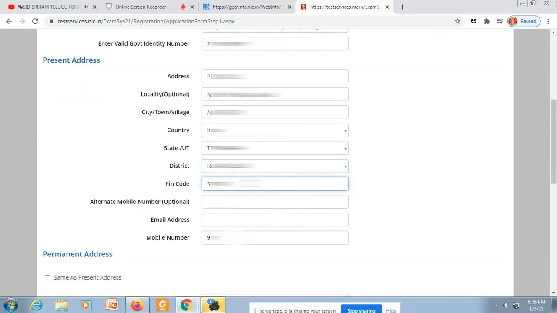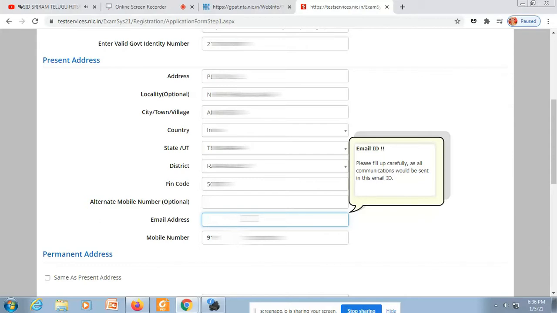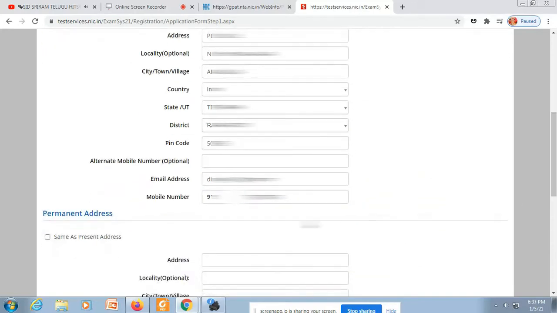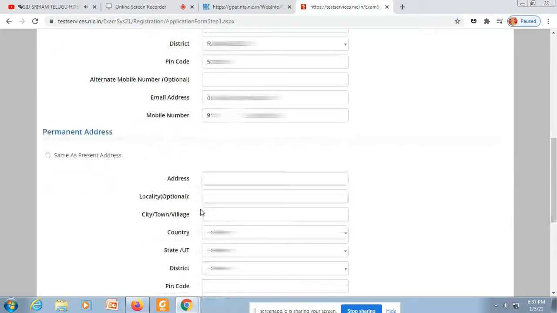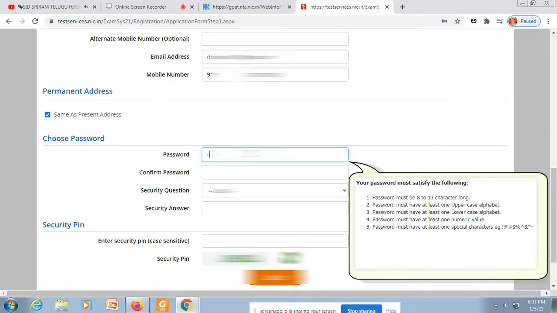So address details: location, city, village, state or union territory which you belong to. Please specify that. District and a PIN code. PIN code is compulsory. And alternative mobile number. Please give an alternate mobile number because it will be helpful if you lose the primary number. And mobile number, mail ID, make sure you have proper connectivity, because these are the things you get alerts from NTA, National Testing Agency, for any GPAT, Graduate Pharmacy or JE, anything. So make sure you don't lose those details, and give valid details also. Don't give dummy or fake things.